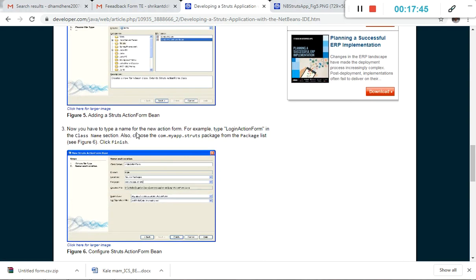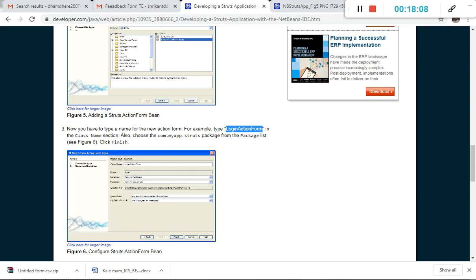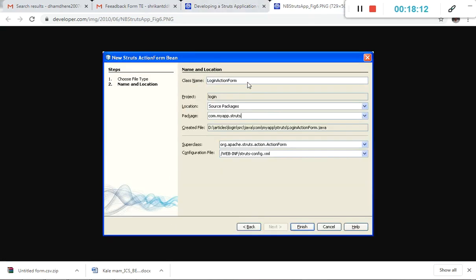Then now you have to type a name for the new action form, for example LoginActionForm, in the class name section. We need to rename it with the particular class name as LoginActionForm, right?